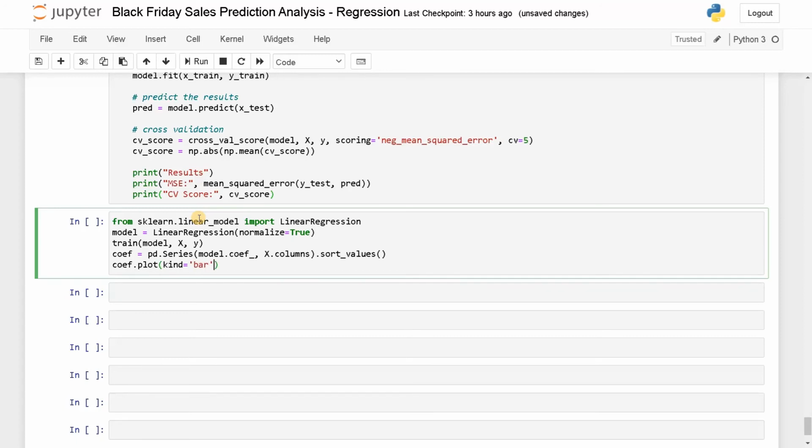We have done this in the previous project also. You can use the same code if you want. Title is model coefficients. Okay, let's run the code.